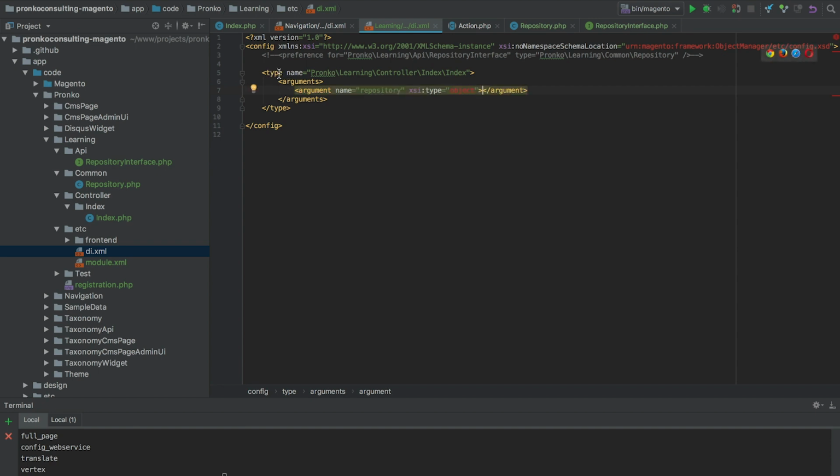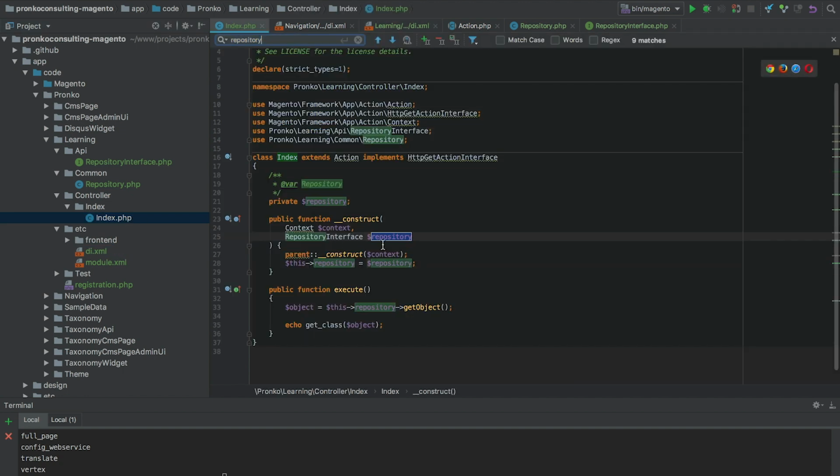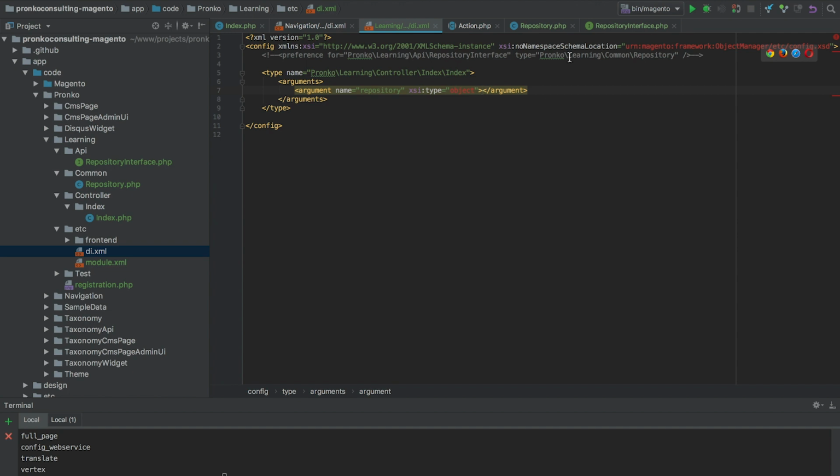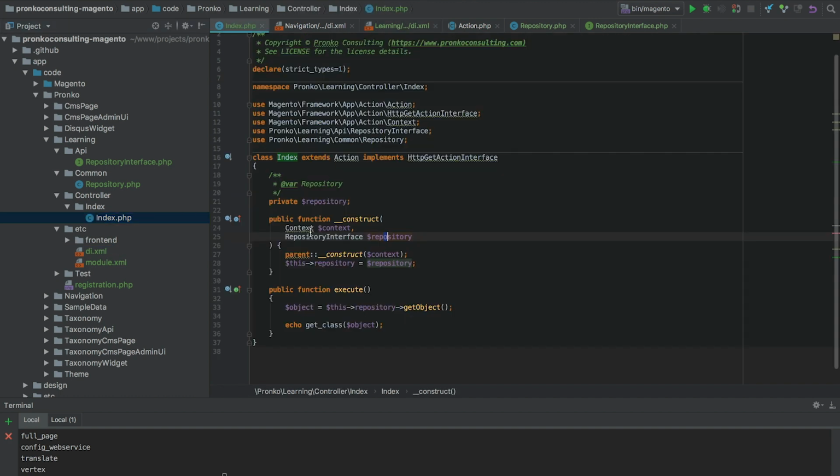So here we say that in the construct method we would like to inject an argument called repository, and this name has to match the name of the construct variable which we are injecting. And inside we should provide the name of a class, since this class implements repository interface, and the object manager will create and pass an instance of the repository class.